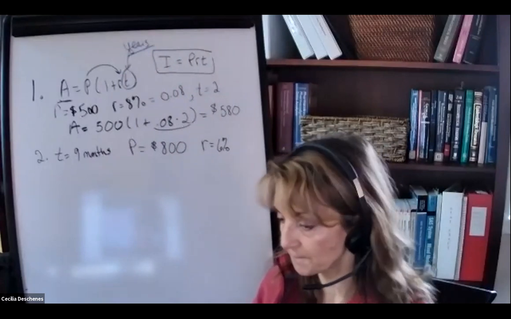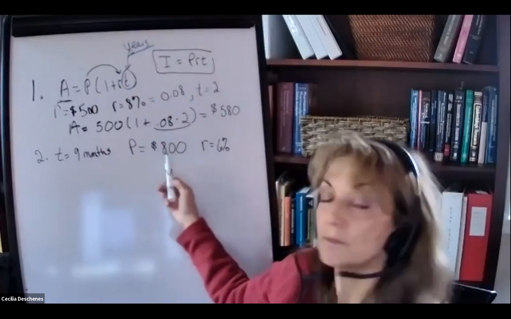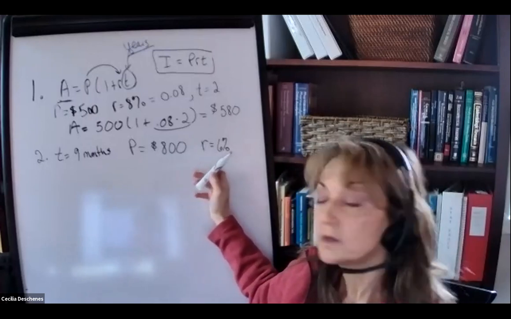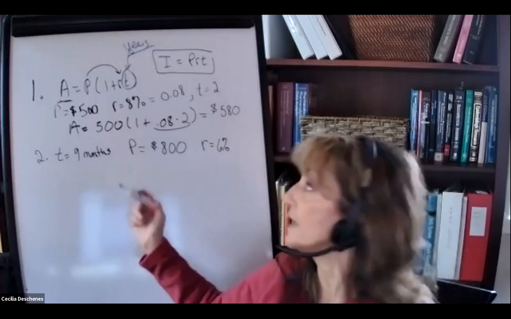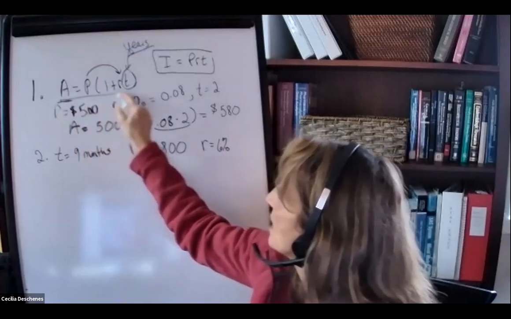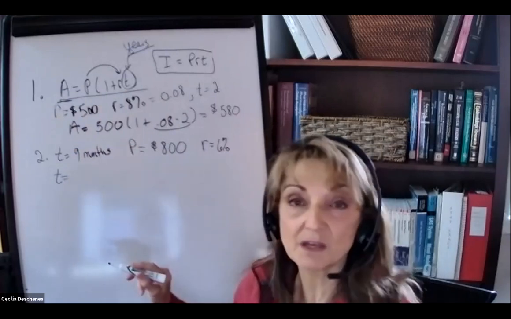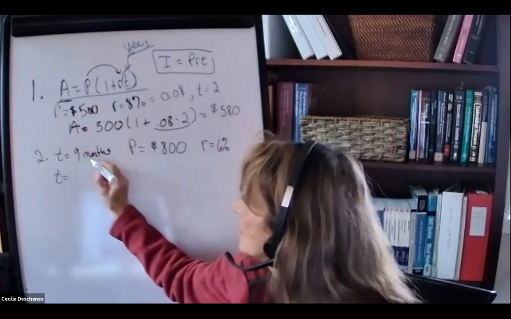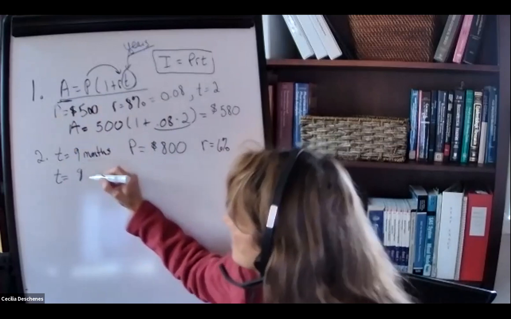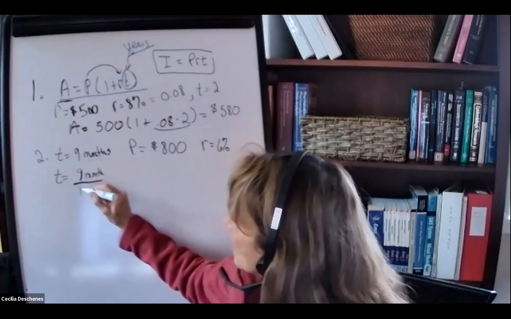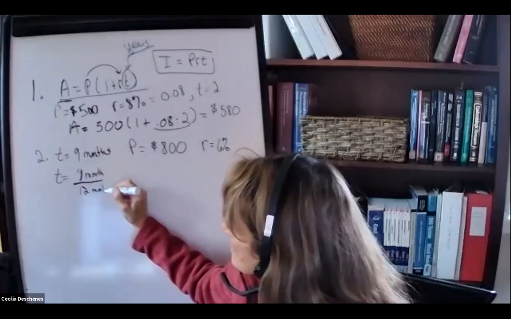Okay, but otherwise we know the principal was 800 and the rate was 6%, and we want to find A. So we're going to use that same formula we had used in 1, but the only difference is that T has to be converted to years. So it's 9 months. So we're going to say 9 months divided by 12 months